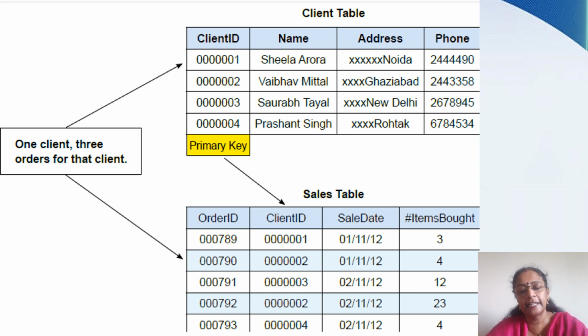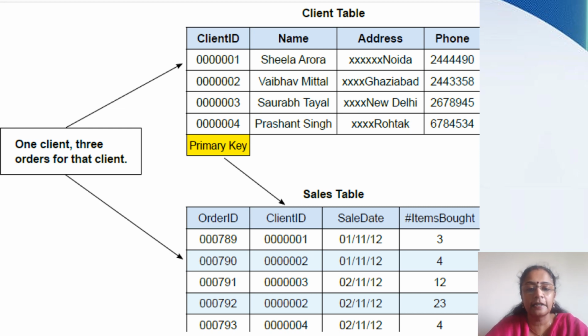So in these two tables, the primary key for the client table is client ID and the primary key for the sales table is order ID. They are unique. But the client ID is also there in the sales table, right? This is called a foreign key.